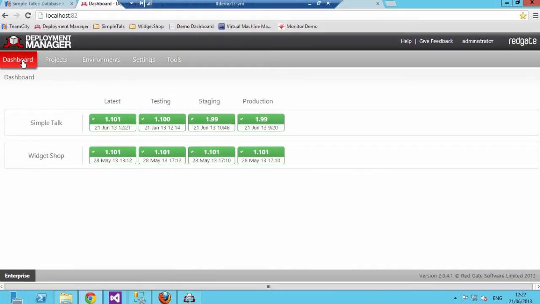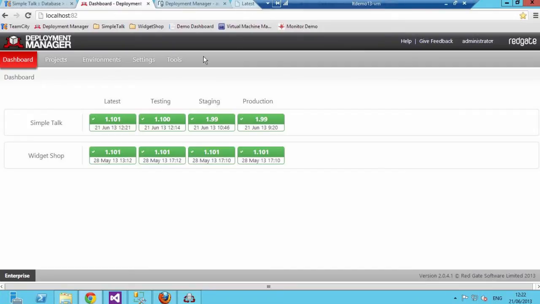Oh, and the final thing to mention as well is that we just added in version 2 a nice feature to be able to, if the website doesn't exist, we create it for you. The next release of Deployment Manager is doing exactly the same for the database. If it doesn't exist, we'll create it. There are options and variables you can set to configure how that gets deployed, but that's really nice for A, when you're initially setting things up, but also B, when you're just wanting to deploy to a fresh environment. It just makes things easy that you can get that configuration locked down as well.